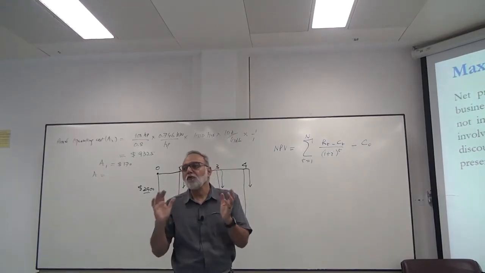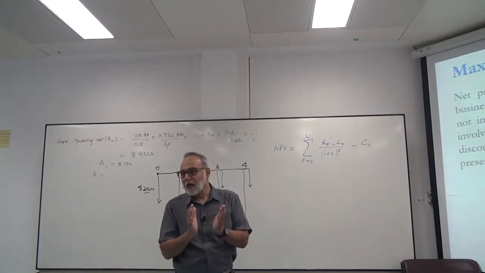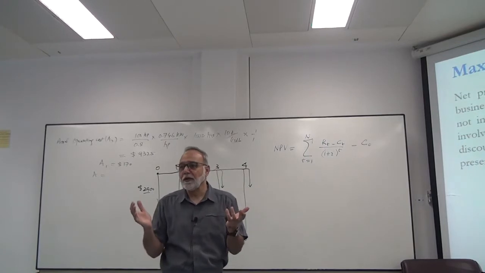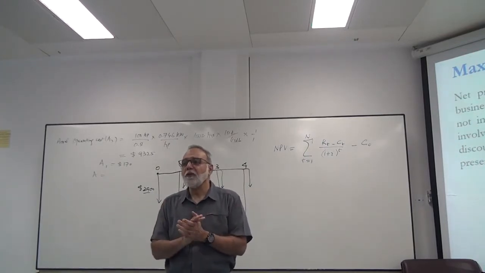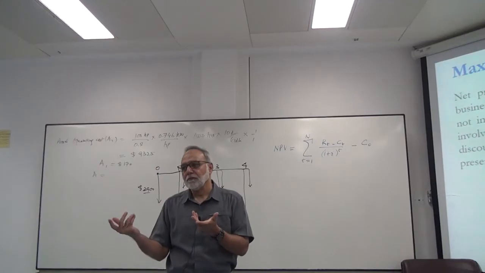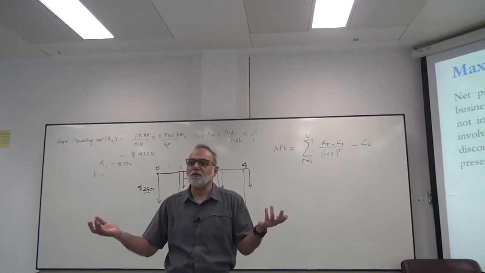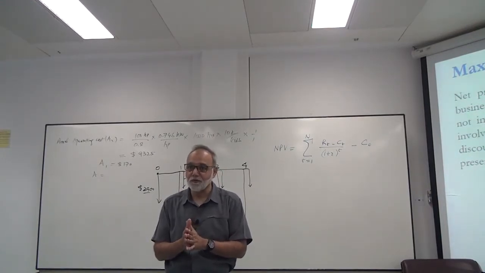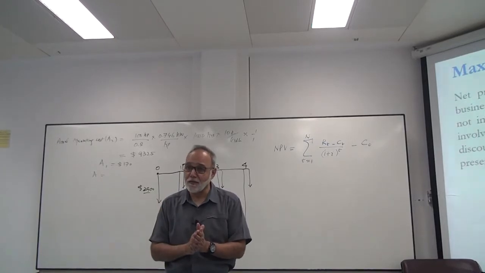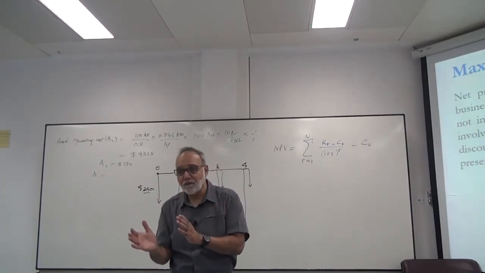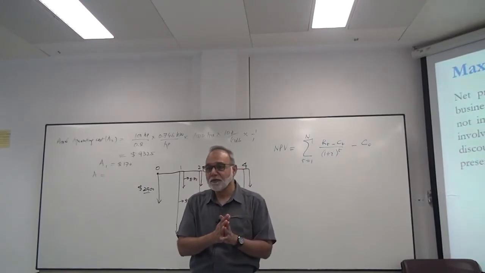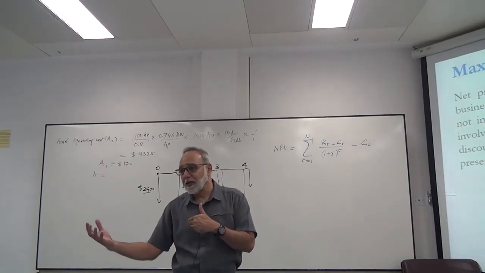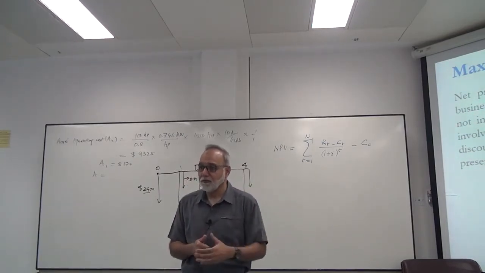But if there are no revenues or benefits and we are comparing only cost, as we did for the case of pumps, we didn't have any revenues there, then you don't have to make cost negative. You were looking for least cost options there, minimum cost options, so you didn't bother with negatives. But if there are benefits and costs, then you put cost as negative, benefits as positive. Clear?